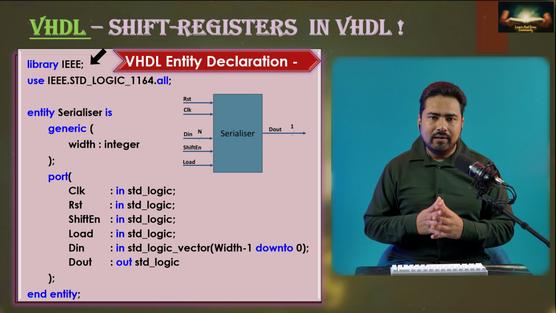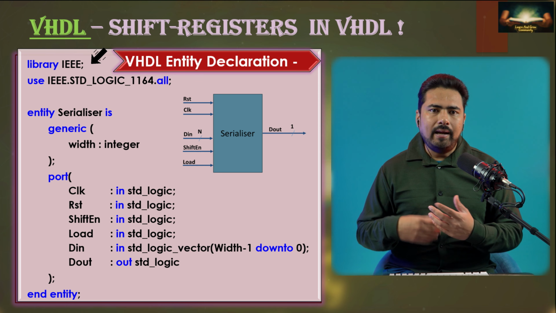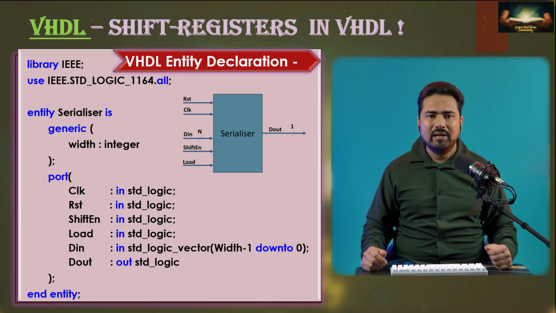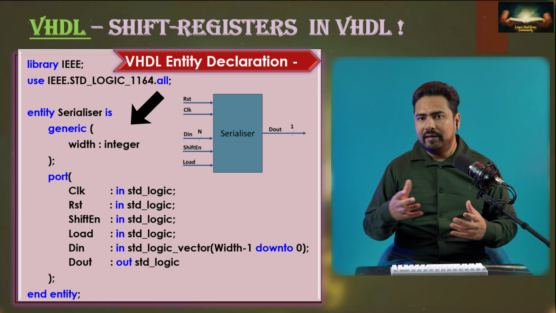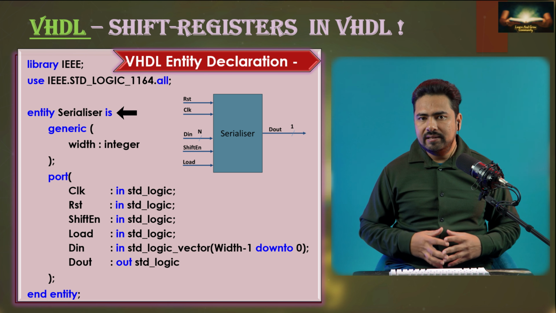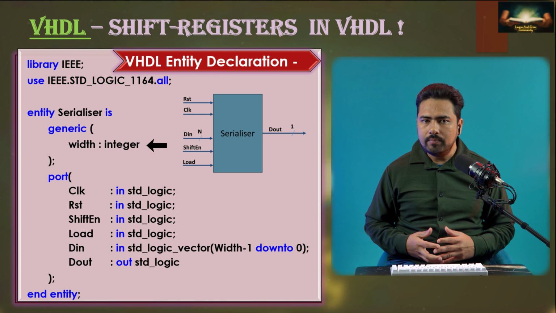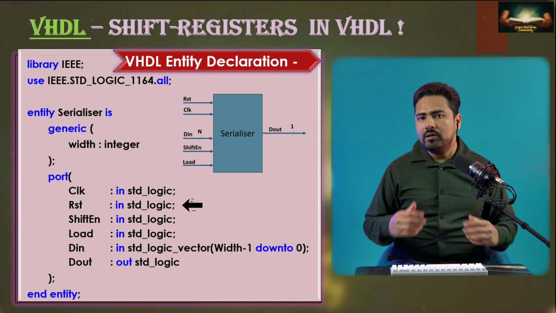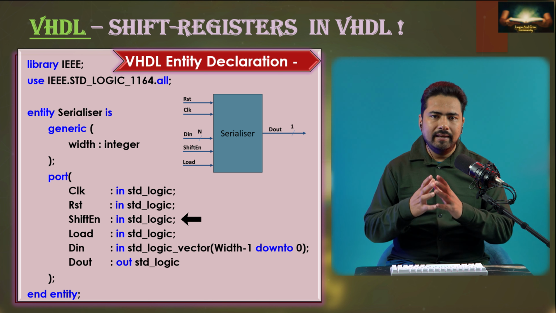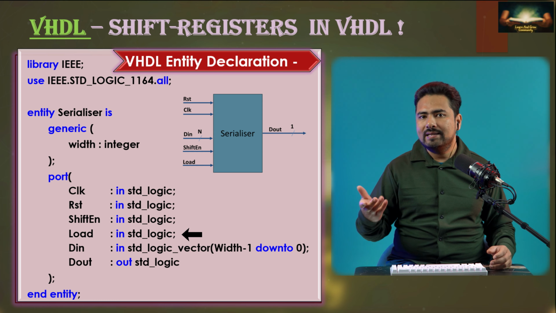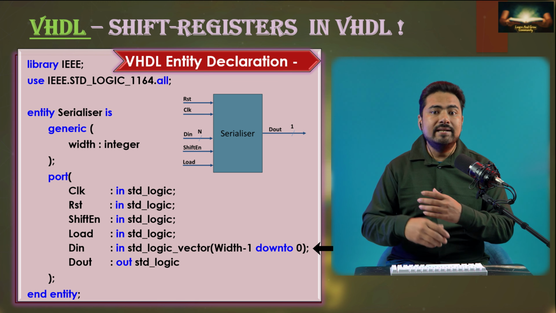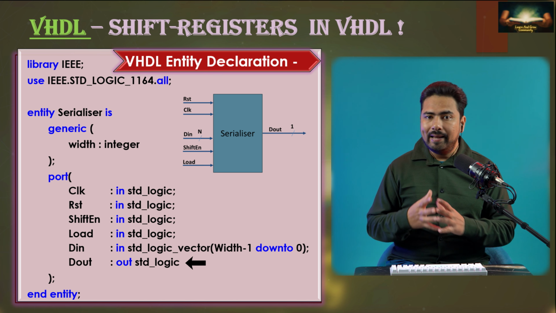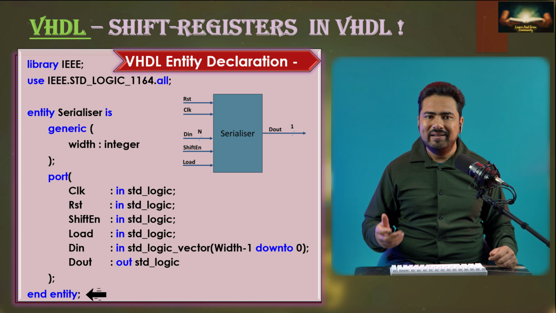First is our library declaration: library IEEE; use IEEE.std_logic_1164.all; Next, we have the entity declaration section: entity serializer is generic (width : integer); port (clock : in std_logic; reset : in std_logic; shift_enable : in std_logic; load : in std_logic; D_in : in std_logic_vector(width-1 downto 0); D_out : out std_logic); end entity;